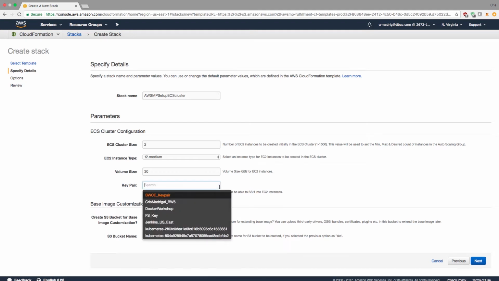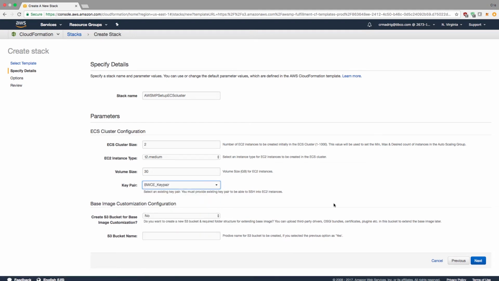And then setting a key pair. I have a pre-existing key pair ready, so I'm just going to use that. But this is needed in order to actually SSH into your cluster if you ever need to troubleshoot or check something out. And then this base image customization. So we're actually going to do this later on in a future video. But for now, we want to set this as yes and give it a name. So I'm going to say